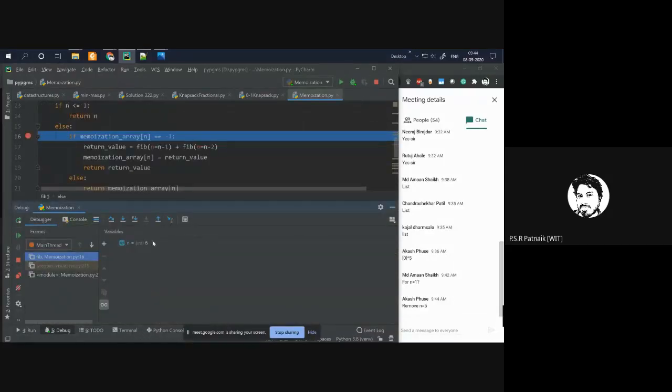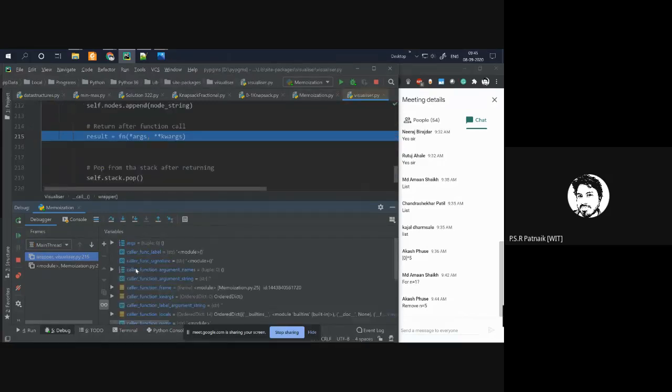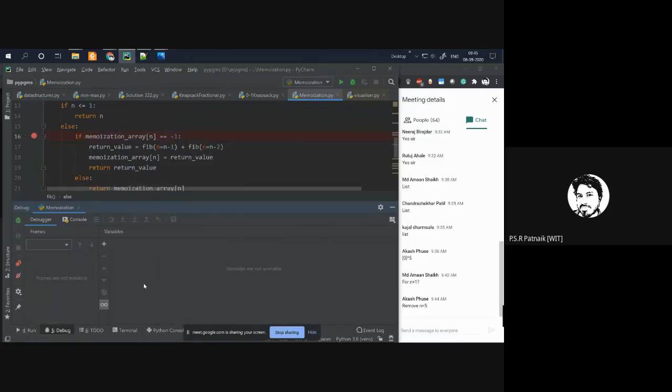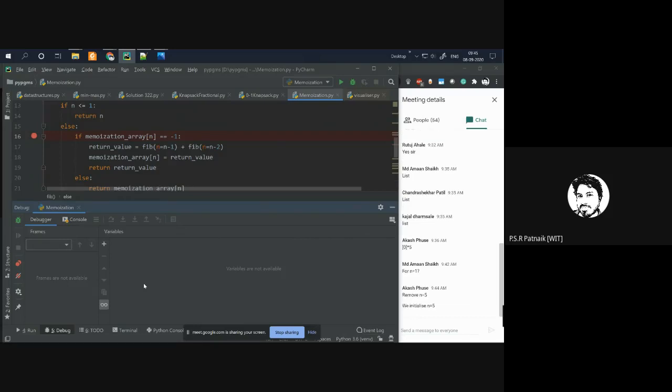Now n is equal to 6, right? I have returned the result here. Then, what had happened there? Initialize n is equal to 5.